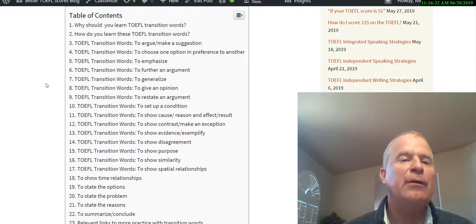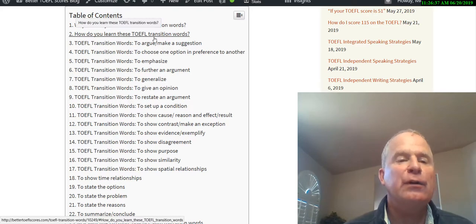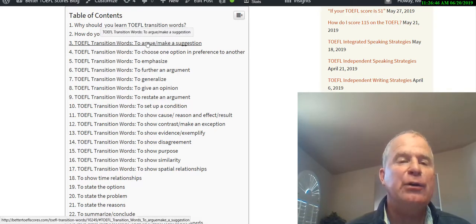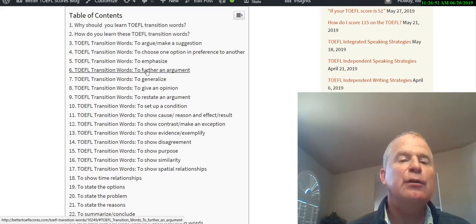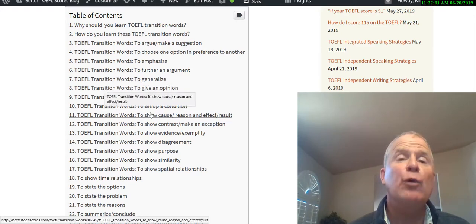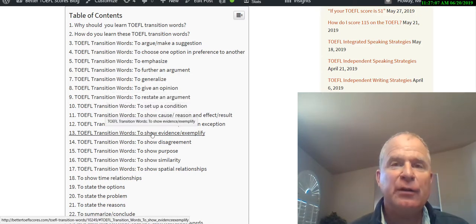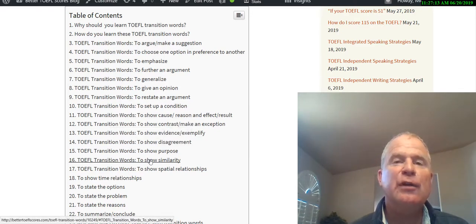Okay, let's look at the web page here. So the first 2 categories, I'll talk about why and how you can learn these transition words. Then I have a whole bunch of different categories of transition words. Let's just take a look at them. To argue, make a suggestion, to choose one option in preference to another, to emphasize, to further an argument, to generalize, to give an opinion, to restate an argument, to set up a condition, to show cause, reason and effect, result, to show contrast, make an exception, to show evidence, exemplify, to show disagreement, to show purpose, to show similarity,